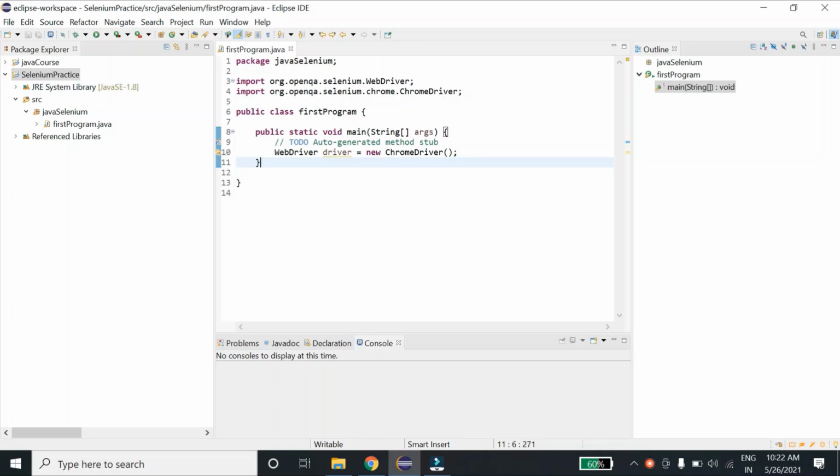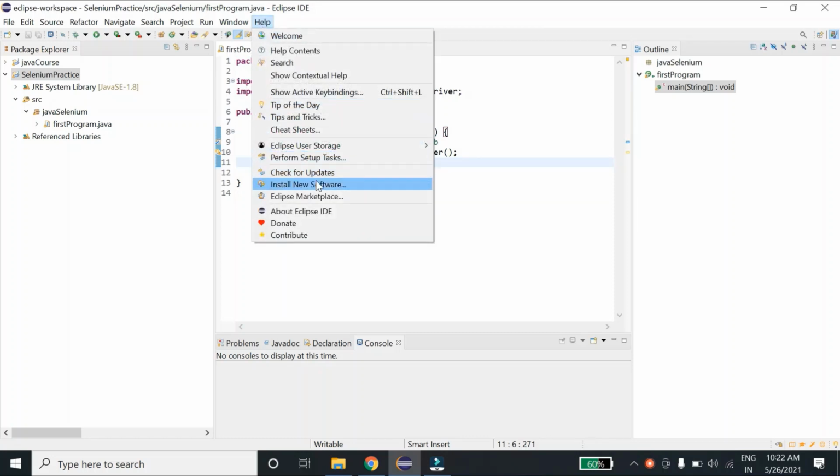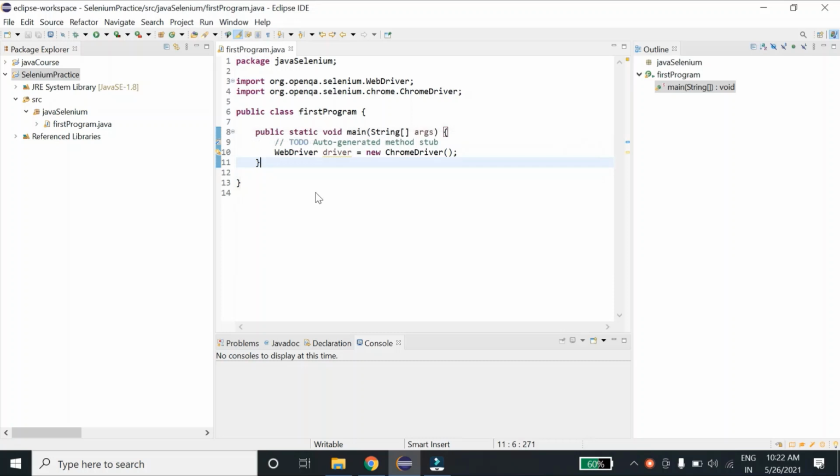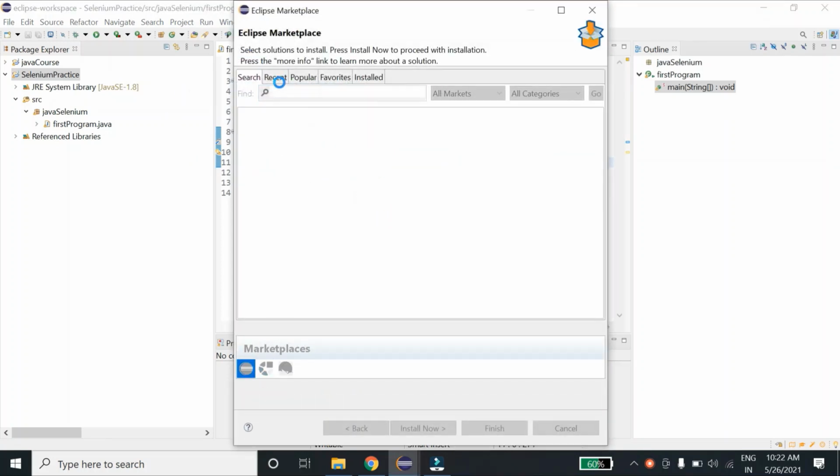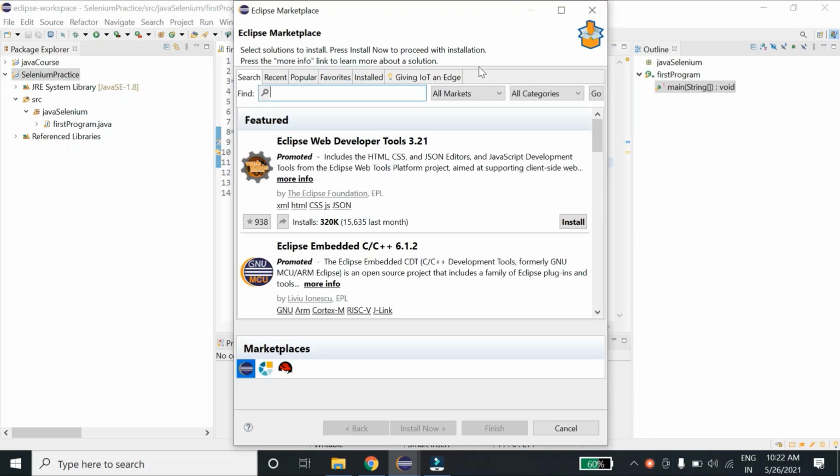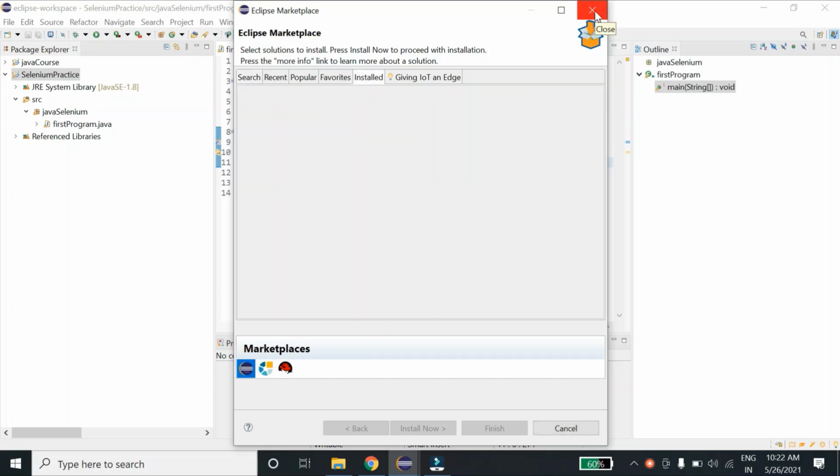If you are using a new or the latest Eclipse version, then by default a Maven plugin will be there. If you are using an old version, you can download it by clicking on Help, Eclipse Marketplace. It will open something like this, and you can search for Maven over here and download it. Since I am using the new version, it is already installed for me, so I'll not install it again.